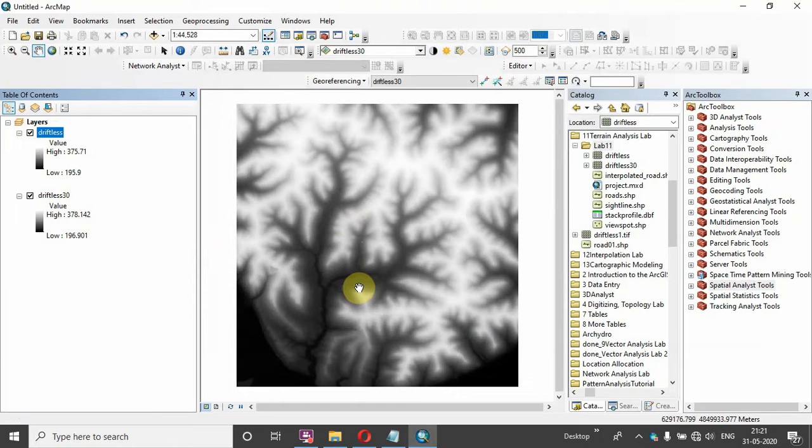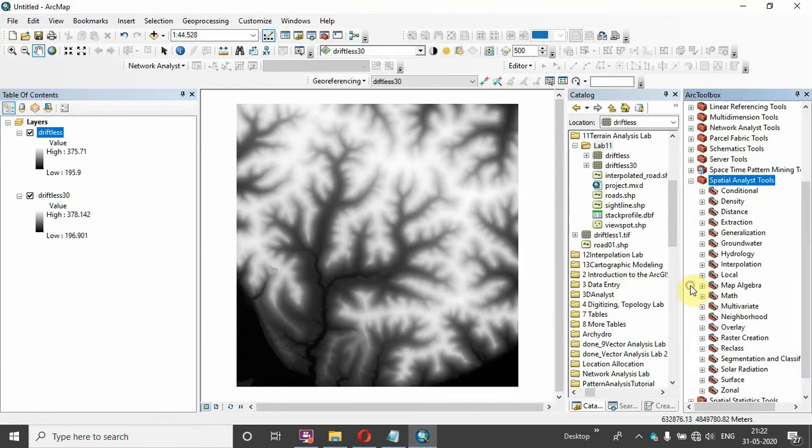So now I'm going to inspect the range of elevation differences. For that, I have to calculate the difference image between these two elevation images.